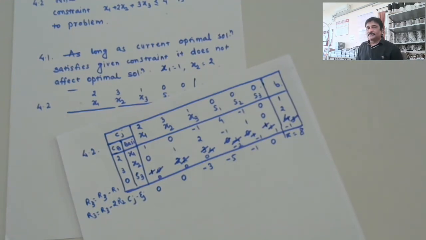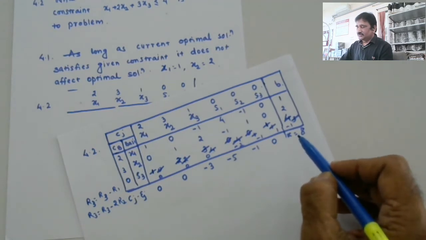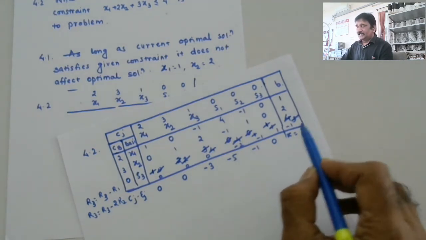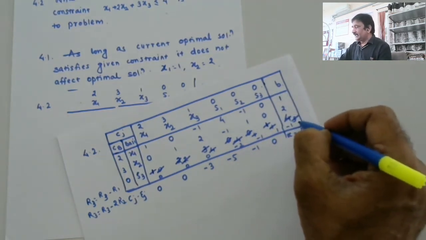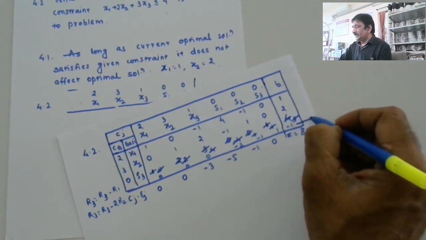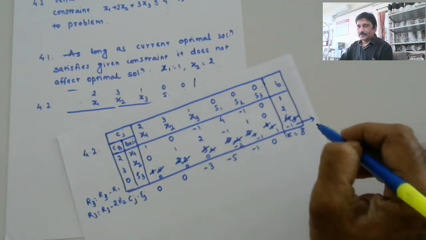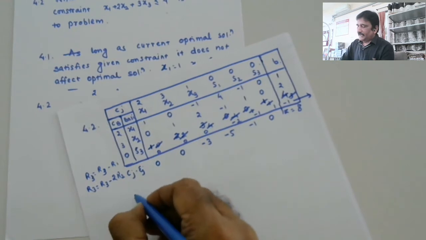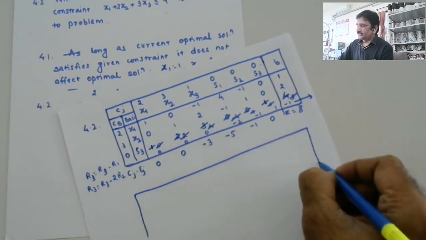But because of that, one thing has happened, and that had to happen, because that was the only way my solution could change. All Cj minus Ejs are less than or equal to 0. The possibility of changing the solution will be because of having something negative here, and that has occurred. So I'll be applying the dual simplex method because in the B column I have a negative entry. Now I'll be carrying out the next iteration.